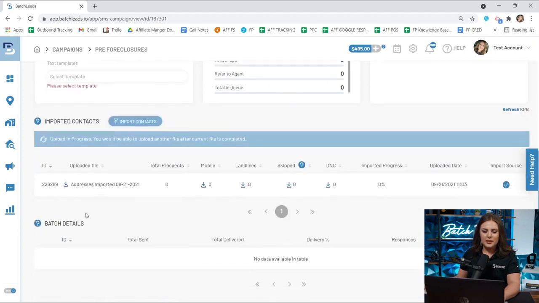So here we are in this campaign. We can see the upload is in progress. So I'm just going to click refresh really quick. Let's take a look. So it is very quickly scrubbing my list. So far we have 267 total prospects. These are the properties. Now, obviously, each property is going to have multiple phone numbers, so that's why these numbers are different, okay? So out of these 267 properties, they have 398 mobile numbers, 702 landlines, and then we're removing,